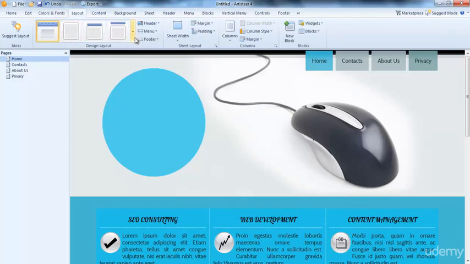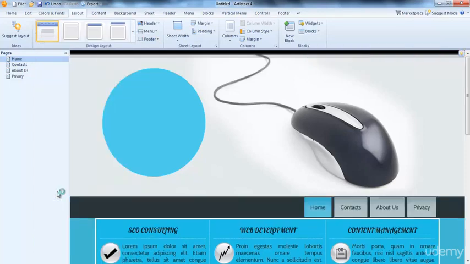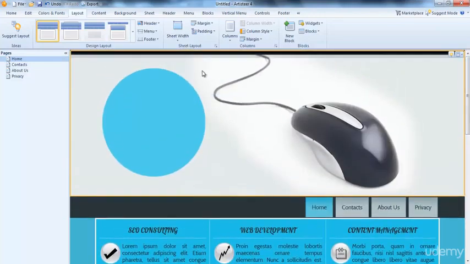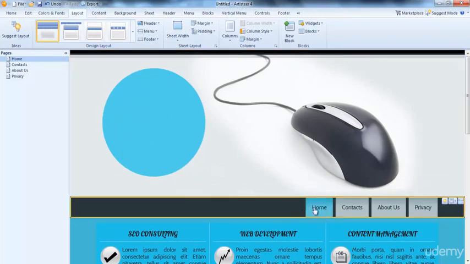Okay, I will show you this example. I want to choose white. There's little changes, so you can see.